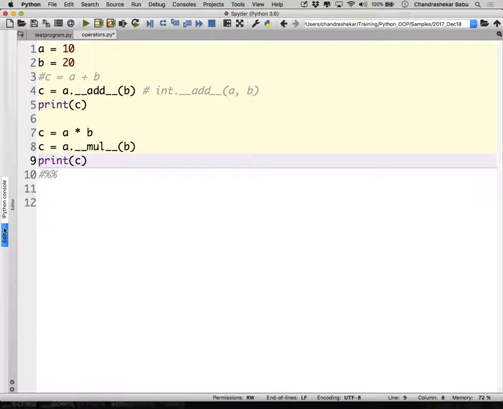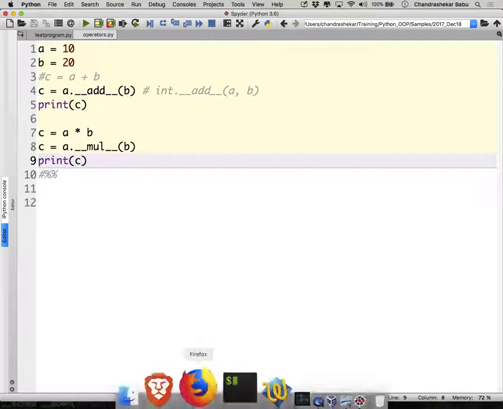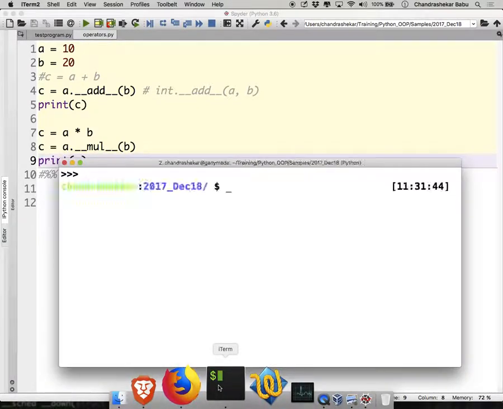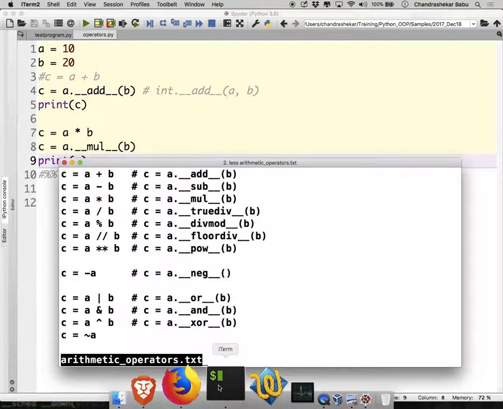Right? Clear with this. This follows this concept of duck typing, which I'll explain in great depth later in a while. Okay? So to all the arithmetic operators, plus, minus, multiply, divide, right? Every single arithmetic operator maps to some appropriate overloaded methods. In fact, if you want to find out what those names are, I have some notes right here to demonstrate that. This is what it gets translated to.